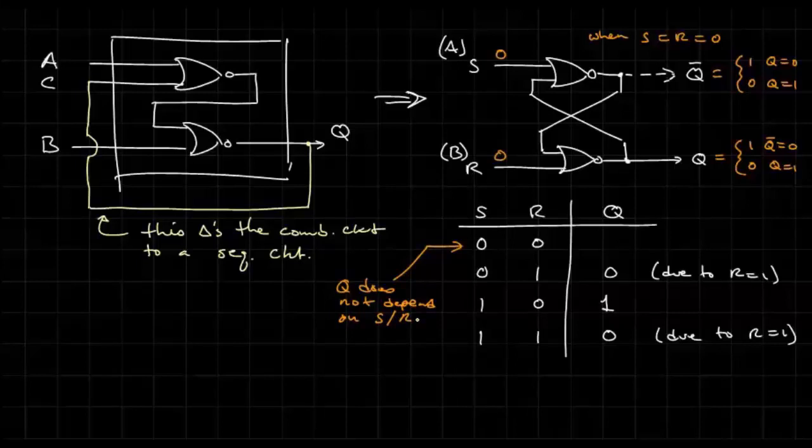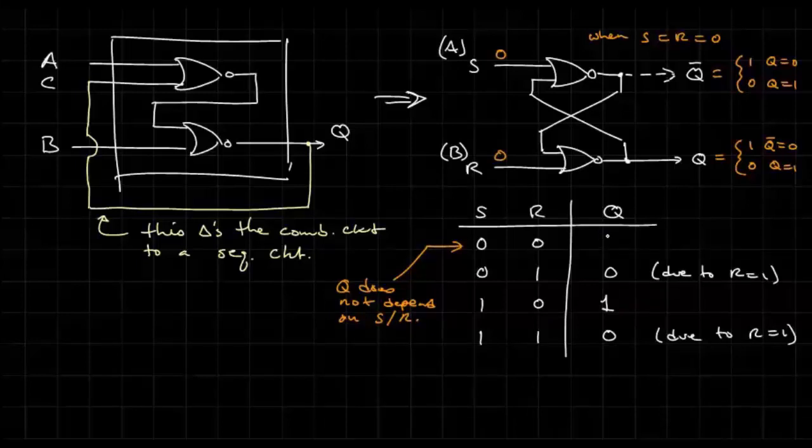In fact, what it depends on is the previous state of Q. So we actually have two scenarios here. It could be, if previously we had that S was true and R was false, in other words this case,